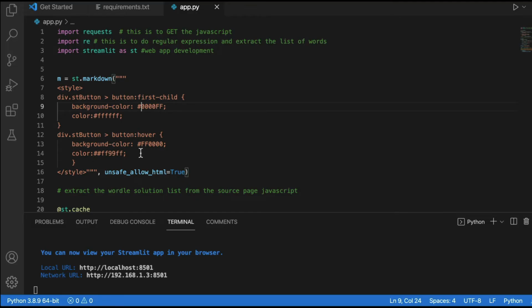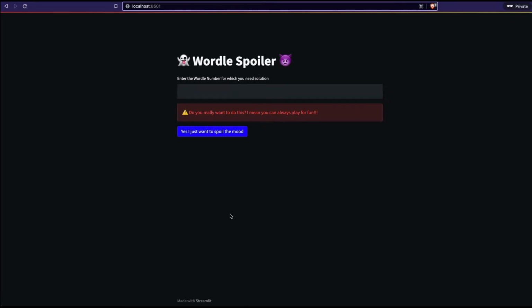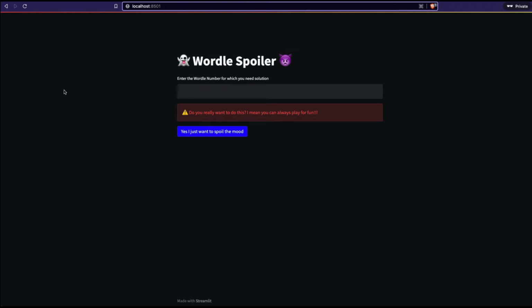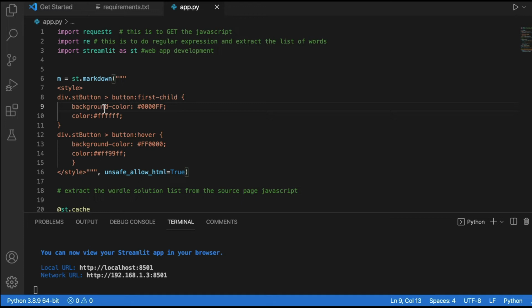And the next part is what happens when you hover over it. So this is the normal button, and this is the button when it is hovered, and you define different colors here. This is how you change it, and this is all enclosed within a style. So this is a way to write inline CSS within Streamlit. I can probably do a separate video on making style changes in Streamlit after this series. But for now, if you want to make changes to your Streamlit component or whatever you see on the screen, this is the easiest hack to make that change.